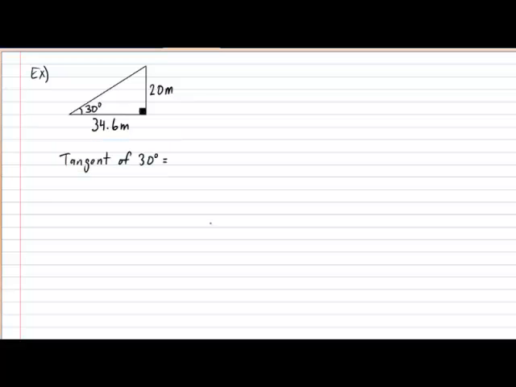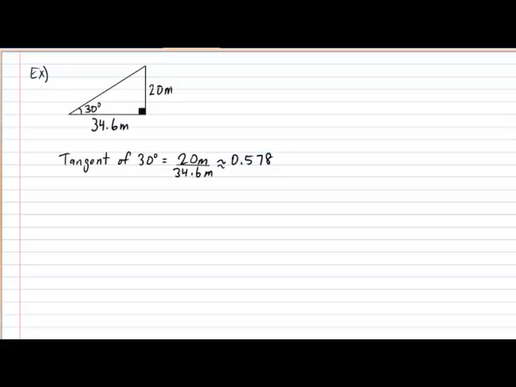Let's take a look at another example to illustrate this definition. Please take a moment to prepare the following diagram. In this diagram, the angle under investigation will be the 30 degrees. According to the definition of the tangent of an angle, the tangent of 30 will be equal to its opposing side, in this case the 20 meters, divided by its adjacent side, in this case the 34.6 meters, which will produce a ratio of approximately